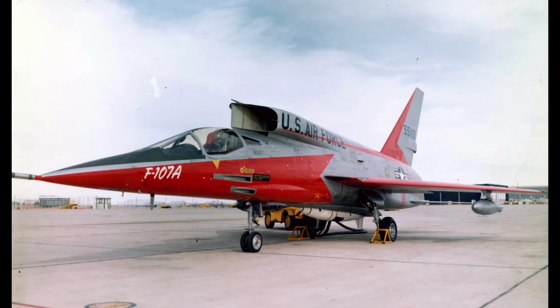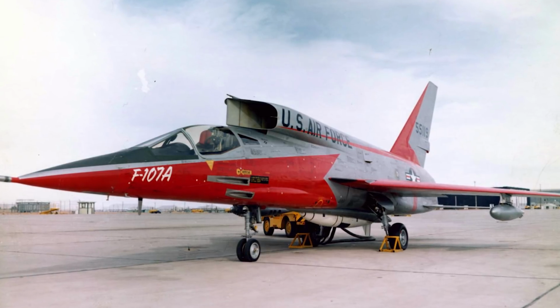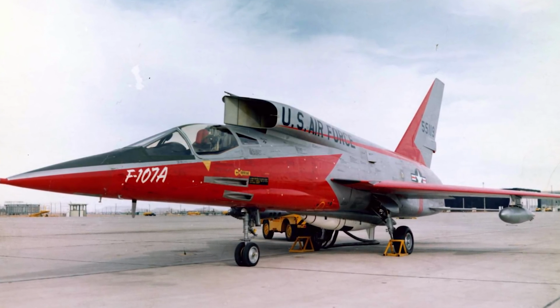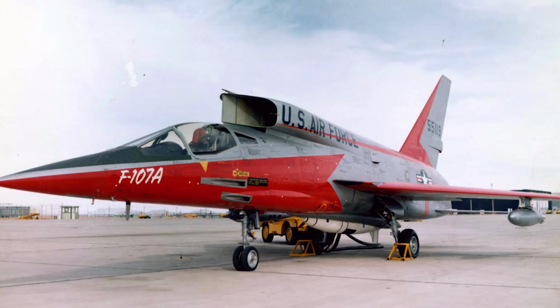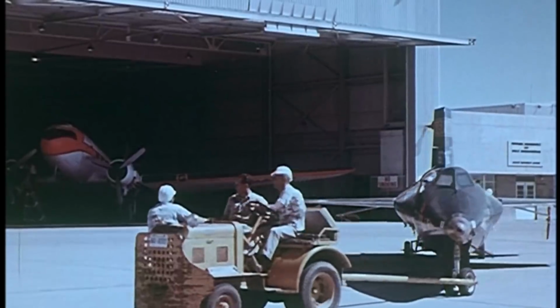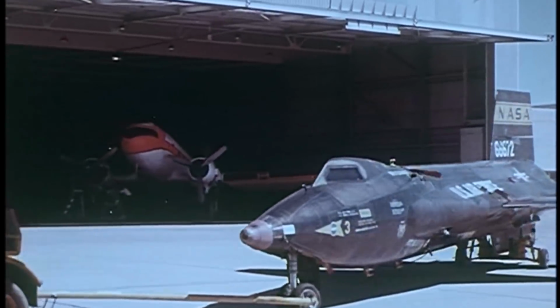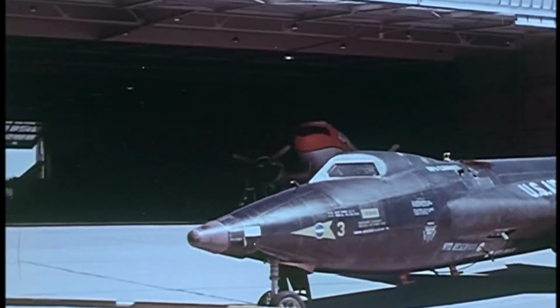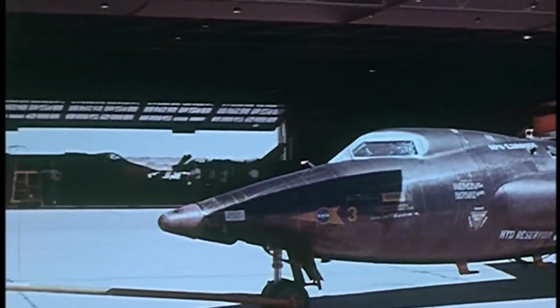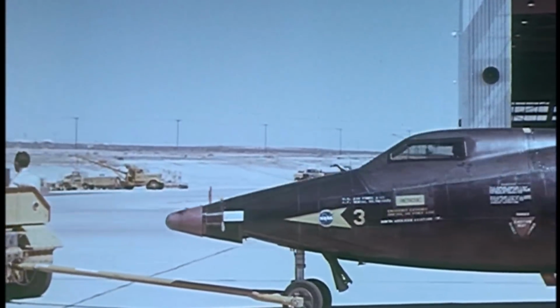Interestingly, North American, unaware that they had won the competition, formally asked the Air Force to withdraw as they were working on developing the YF-107 and could not meet the proposed timeline. Upon learning of an 8-month extension on the timeline, North American withdrew their letter and were awarded the contract. The North American design closely resembled the prototypes that Becker's team had proposed, with some key innovations, including all-moving